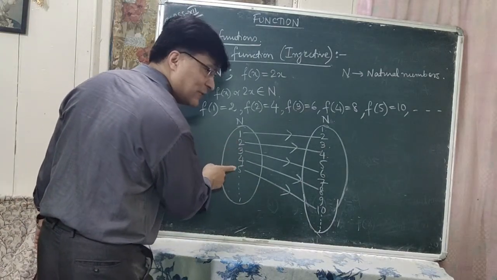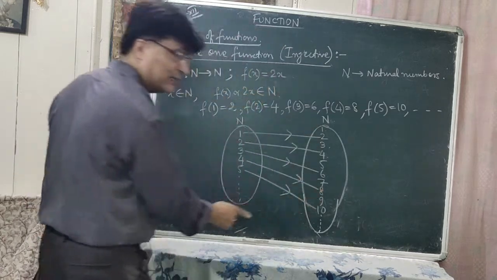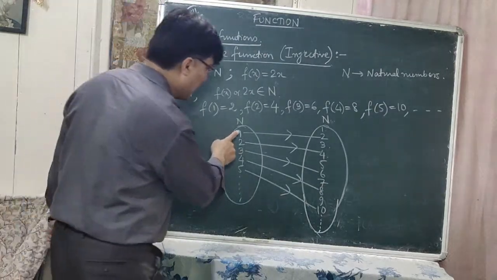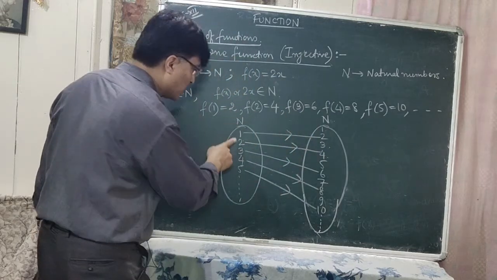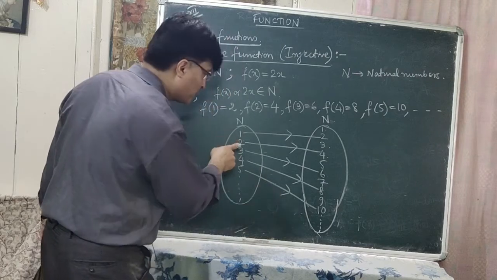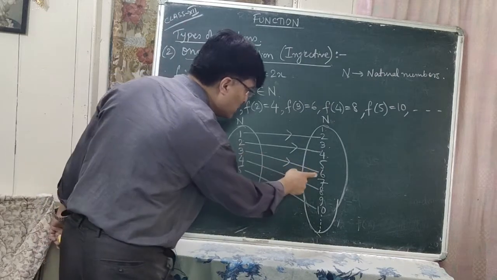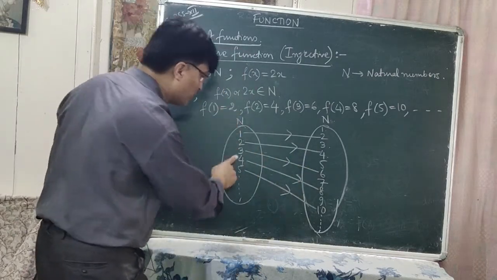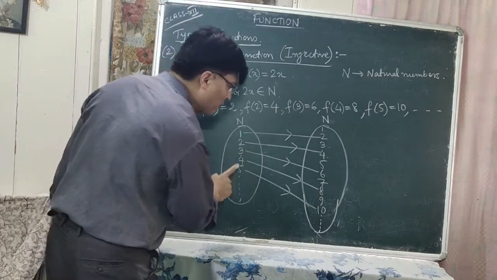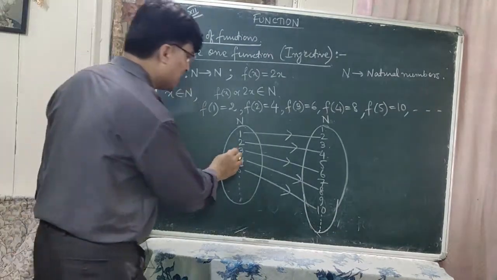This is known as a 1-1 function or injective function. Here one element is related with only one element. Here 1 is related with 2 and with nothing else. 2 is related with 4 only, 3 with 6 only, 4 with 8 only, 5 with 10 only, not with anything else. That is, distinct